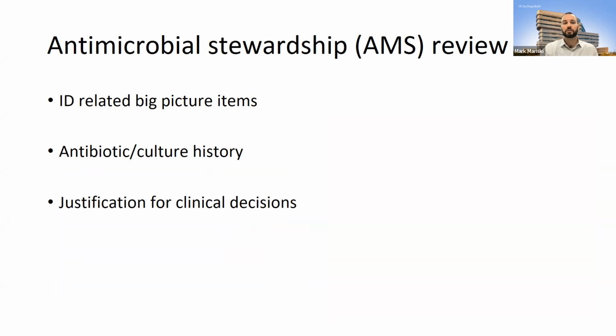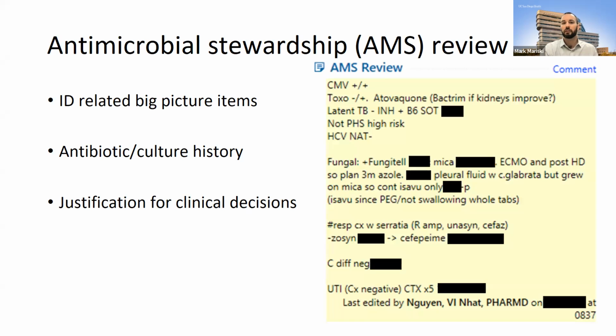So then in similar fashion, we have another section called antimicrobial stewardship or AMS review. This is where we include all our ID related big picture items and also antibiotic, culture history, and throwing in any notes for justification for clinical decisions. And here's just an example of what that might look like for a new transplant. We can throw in their CMV status, so that's always accessible, toxo, reason why this patient's on atovaquone, when they started latent TB treatment, some notes on their fungal infections, pneumonia treatment, and the dates of antibiotics when we treated